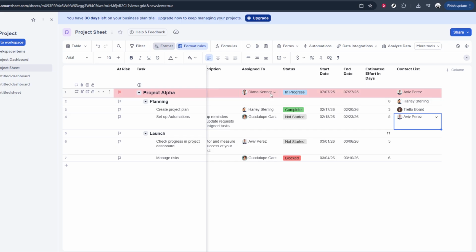And that's it for this setup. By adding and configuring a contact list column correctly, you're laying the groundwork for smarter resource management and clearer visibility into who is